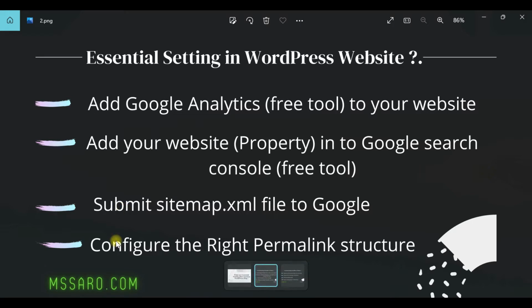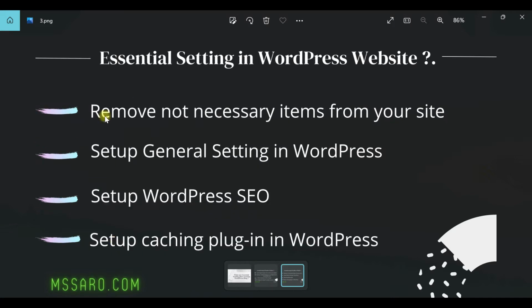Configure the right permalink structure in your WordPress site. Next, remove unnecessary items from your site. Set up general settings in WordPress. Set up WordPress SEO and set up some caching plugin in WordPress. So all these I am going to explain. Let's move to the first one,